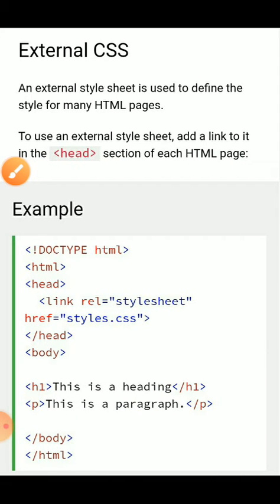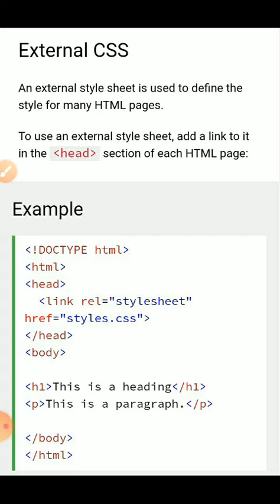Now external. An external style sheet is used to define the styles for many HTML pages. Actually, external style is basically used to define one style, and we just apply that style in different web pages whenever we need it.